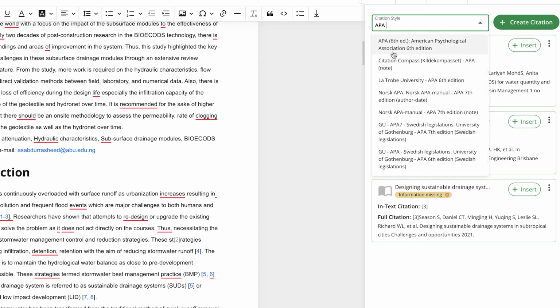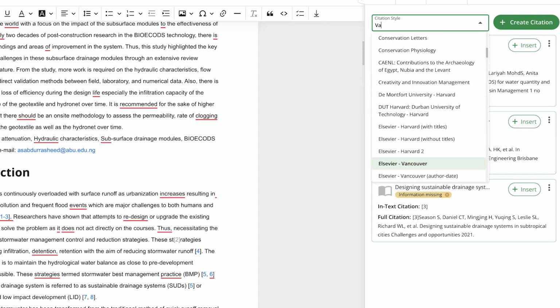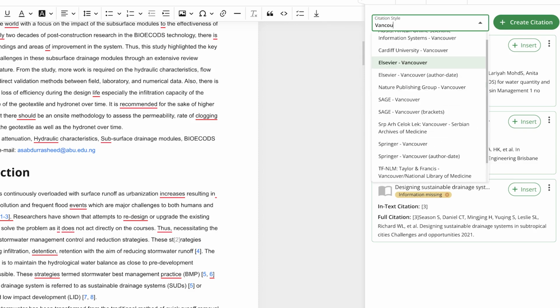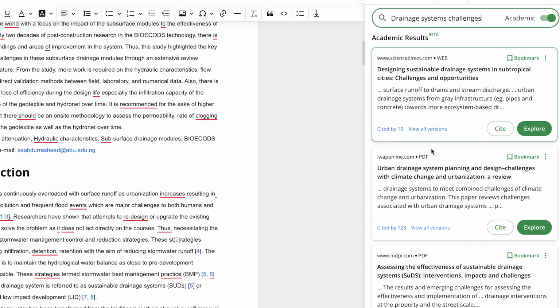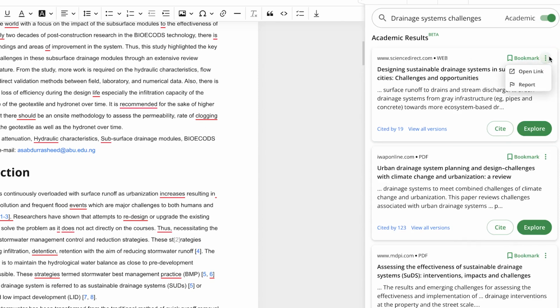This is the APA 6th format. You can select this, because most schools also use this format. But for my own case, for the kind of paper or the kind of conference I'm targeting, the recommended style is the Vancouver style. So you can see Elsevier Vancouver, because there are different kinds of Vancouver. Once I cite any document from the research that I'm doing, it's going to cite using the Vancouver style. So you can bookmark any document.